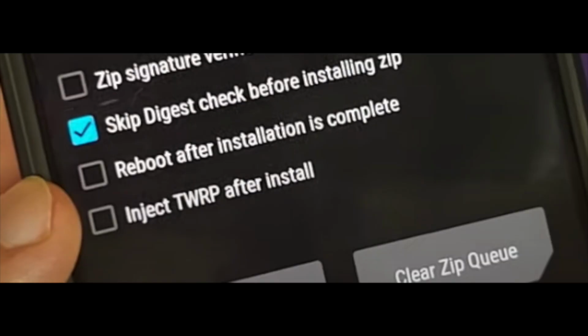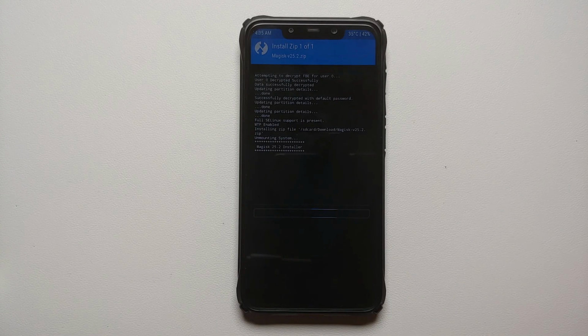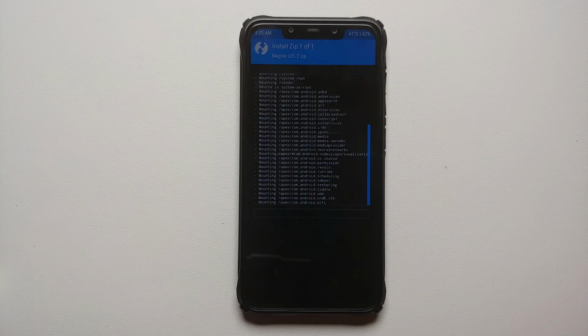Now before I swipe to confirm flash, if you have a device with a dynamic partition, you might see an option over here to inject TWRP or inject your recovery after flashing a zip file. Make sure that option is unchecked. Again, that option needs to be unchecked for devices which have dynamic partitions. In my case, this device does not have a dynamic partition, so we selected the Magisk zip file and we